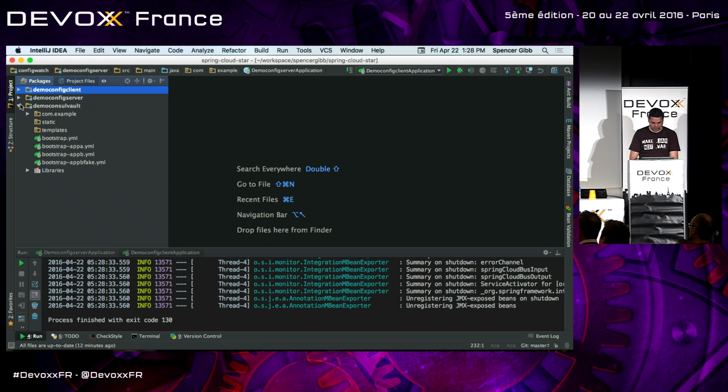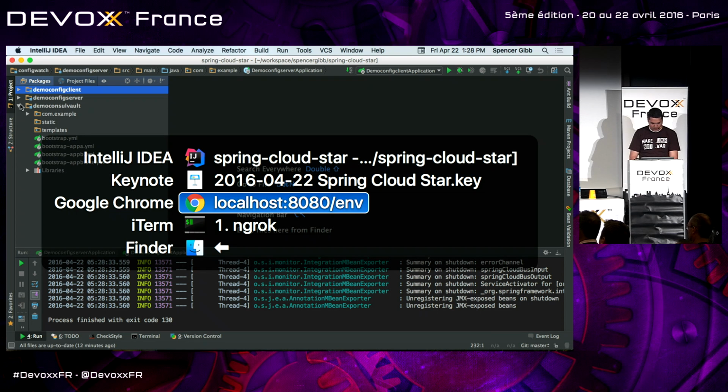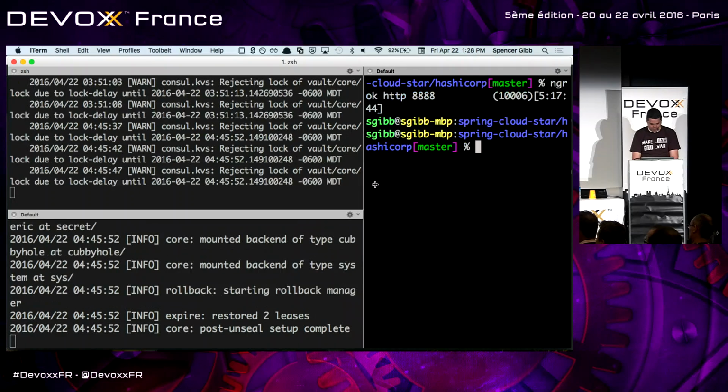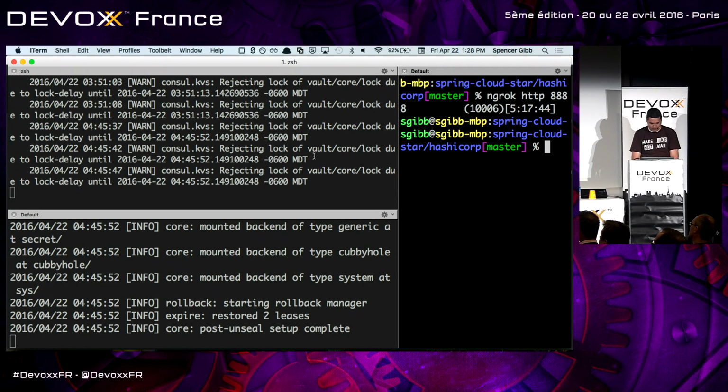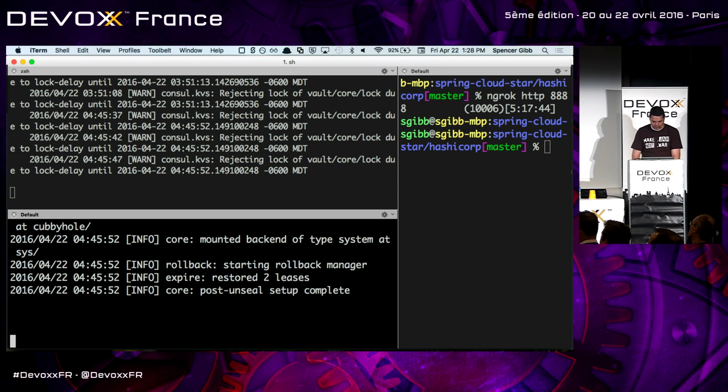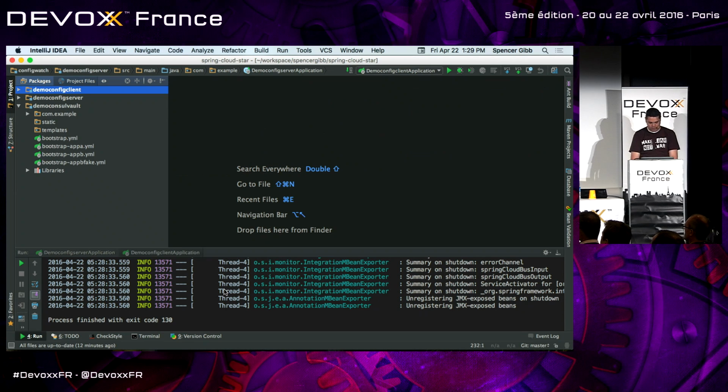So I already have a few things running that I set up before. Hopefully they're still all working. So in this terminal is running Consul, and this one is running Vault. Okay, the simple application they run on. Since they're written in Go, they can run on all sorts of platforms.